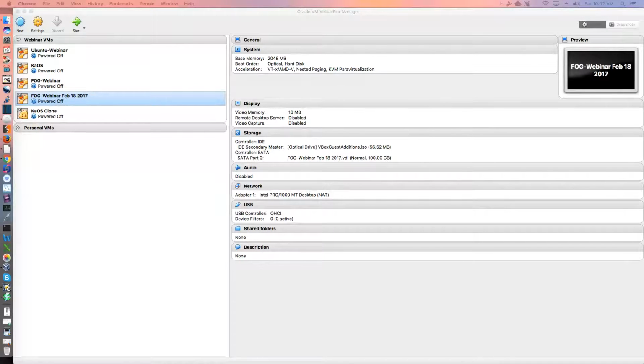Not sure if I can. Let me see if I can give you... Let's see. Coordinators, attendees. Doesn't look like I can give you permission to use your mic at this point. So hopefully they'll add that in at some point. But we'll work with it. All right, so let me minimize this window and